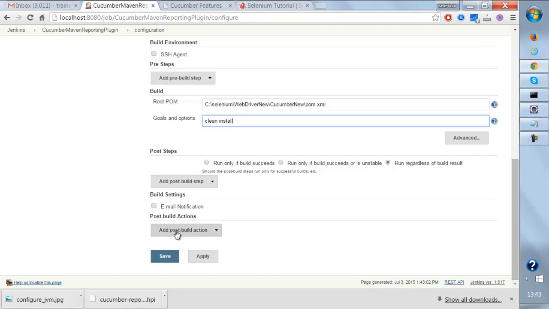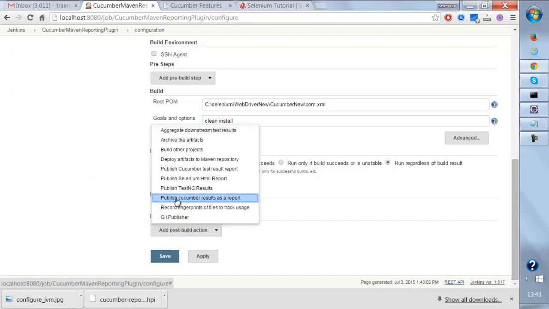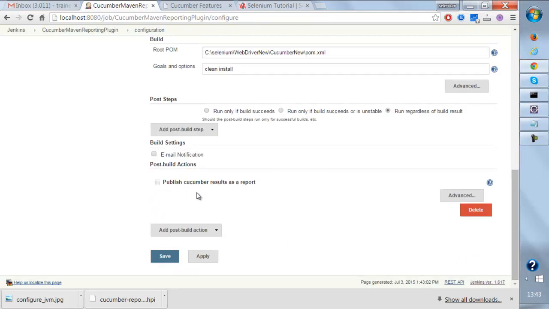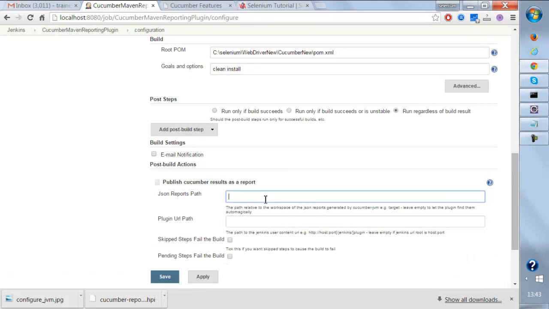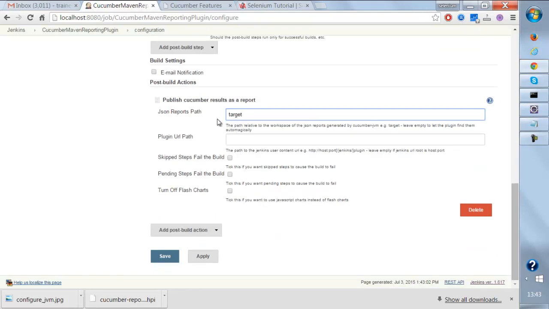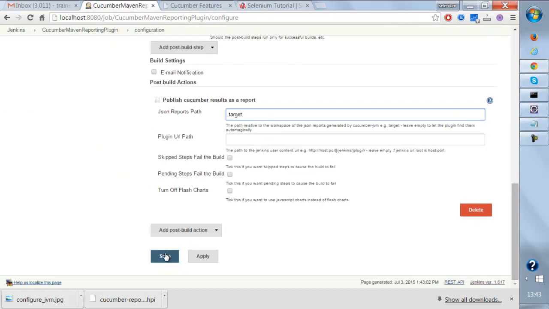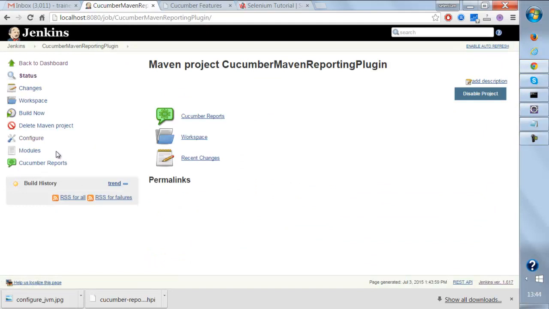After this, I'll go to post build action and select Publish Cucumber results as a report, right? This plugin I'll be talking about in our next video. Here I'll go to advanced, and I just need to give the JSON report path as target. That's it, right? This is the target directory of your Jenkins project. The JSON file will be stored at this location in order to generate reports, and that's all that you need to do. Now once you save it and build your project,